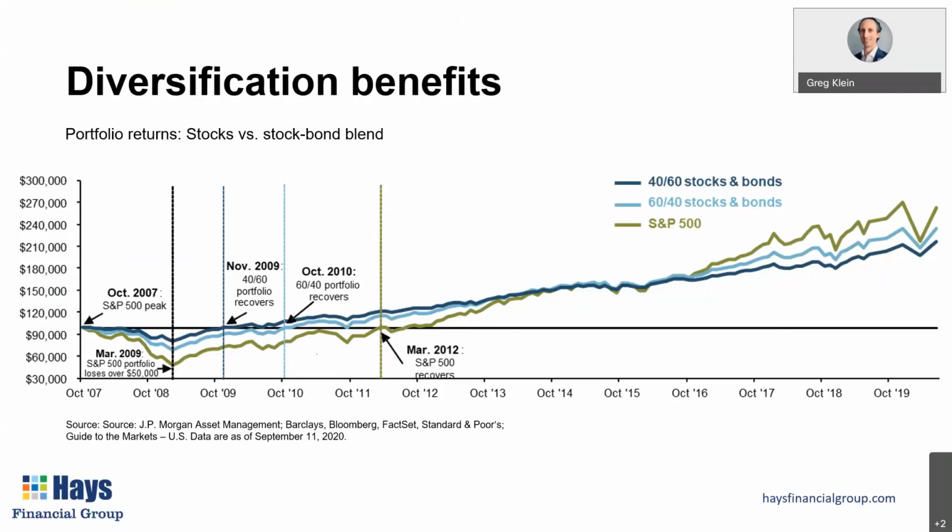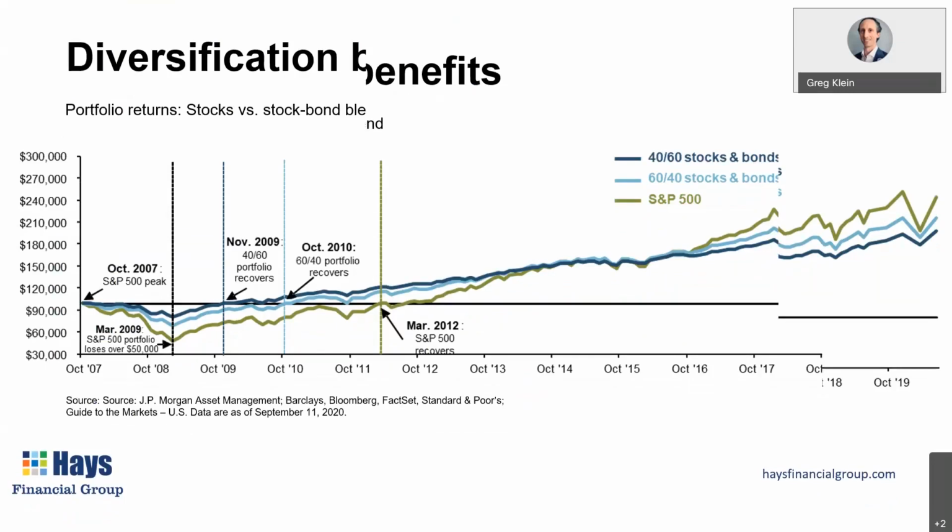So that diversification, that helped them on the downside. They didn't go down quite so much. So then they had recovered quicker. And then you see it does take a while. The stock portfolio does eventually outpace the others again. But what does the average investor do in that time? They do a lot of worrying and maybe changes that will hurt them. They don't necessarily ride out those ups and downs appropriately. So mixing in other and lower risk investments with your stock allocation can help you with diversification.